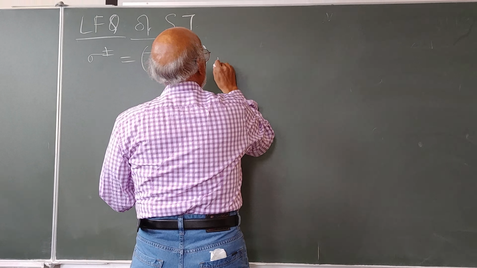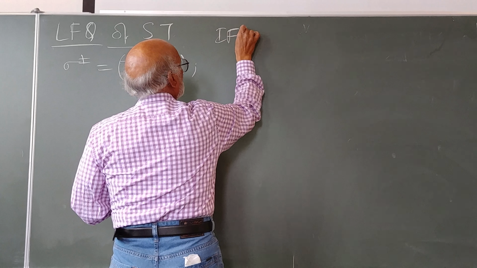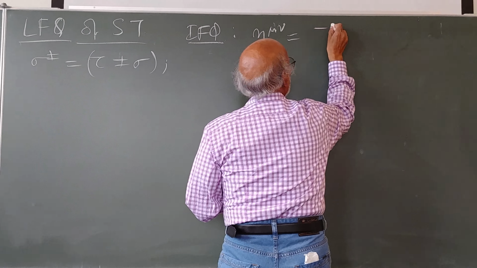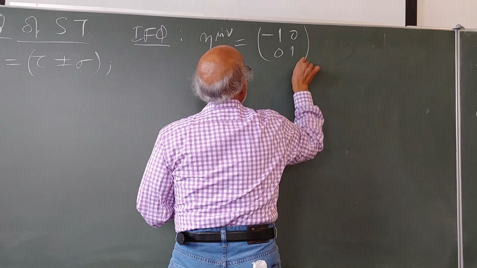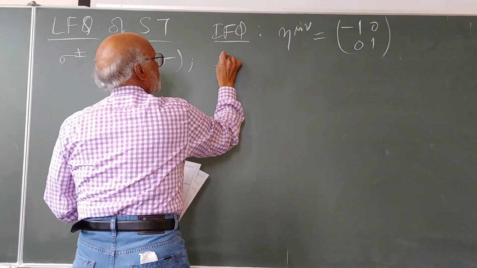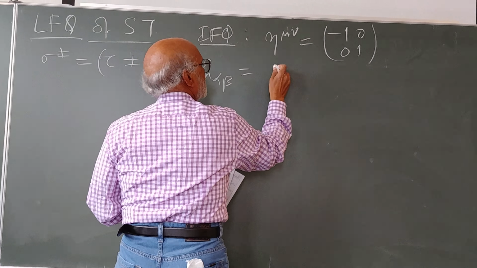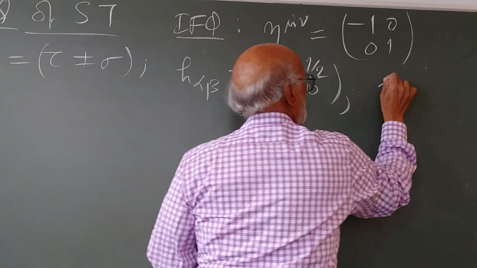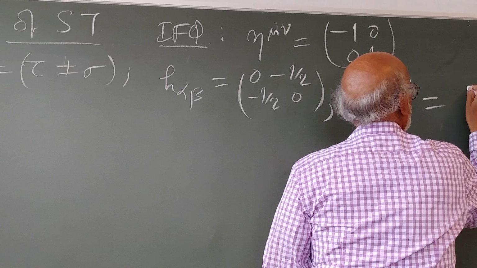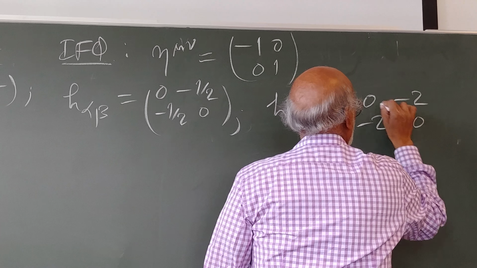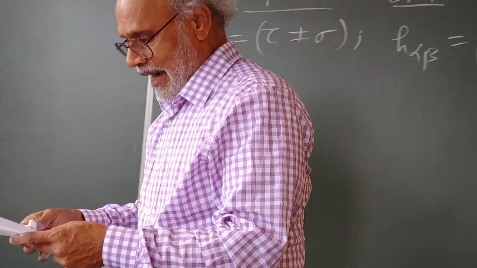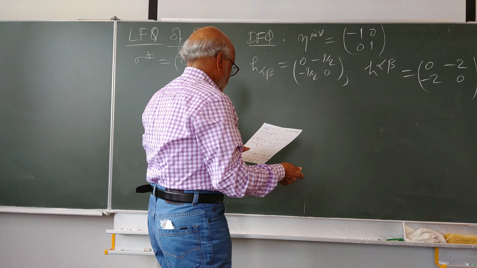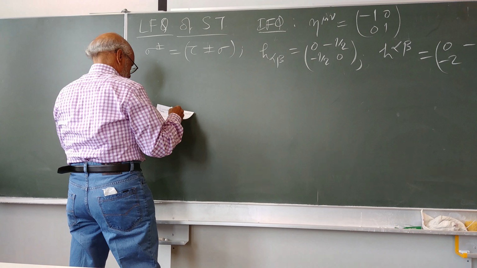So we only need to see, in the instant form dynamics, we had the metric eta mu nu defined by this. However, with light front coordinates, this became 0, minus 1 half, 0, and therefore this was 0, minus 2, minus 0, and we had already seen that